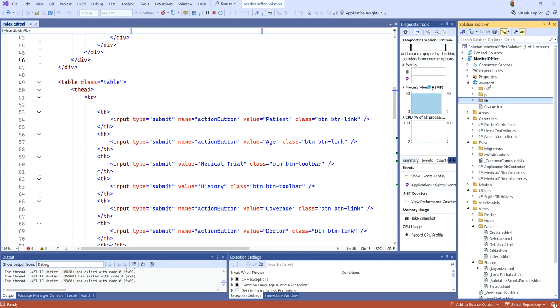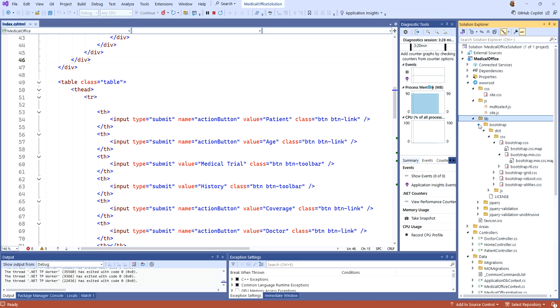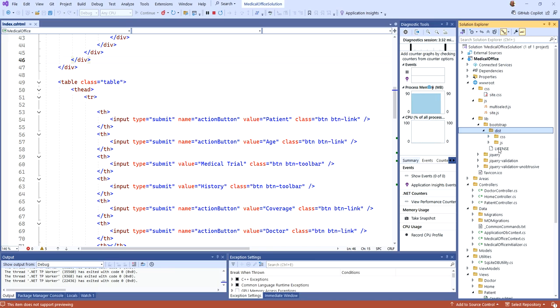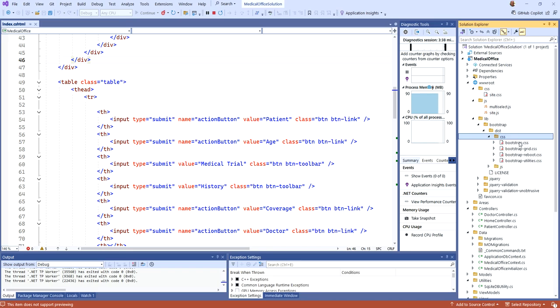what we did earlier. Remember in the wwwroot folder, right? We talked about that this is basically the web UI aspect of our application. We have our own site CSS file. Remember, we added our own JavaScript file here, right? But under lib, for library, here's Bootstrap. Here's the distribution of Bootstrap. And here we had CSS and JavaScript. So here in the CSS itself, right, here's where we have our Bootstrap files, and that's where we would need